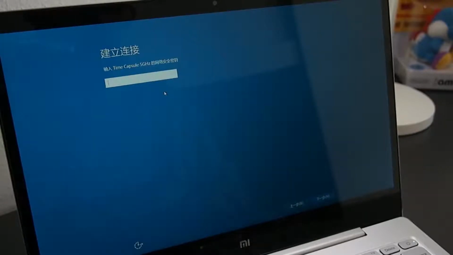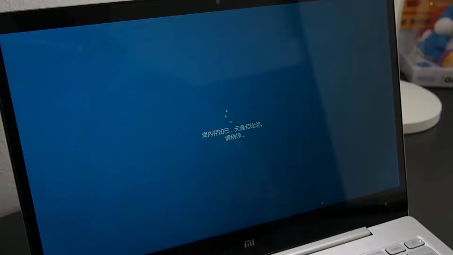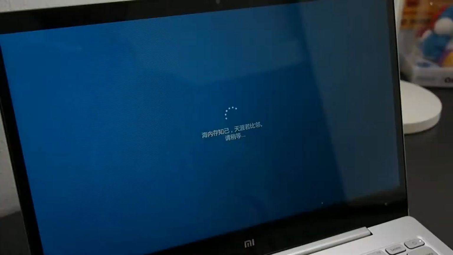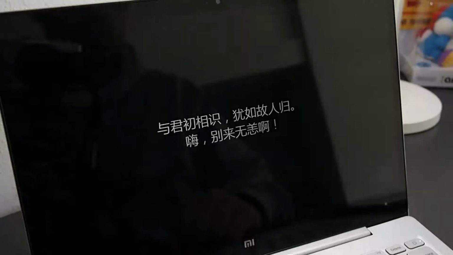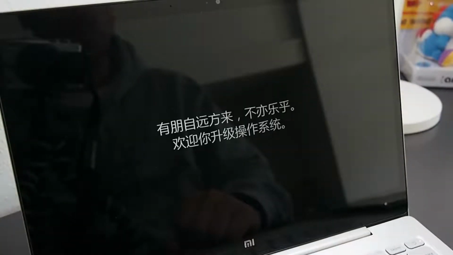In this video, I'll guide you step by step from powering on the Mi Notebook Air to the complete reinstallation of Windows, correctly activated and with all drivers. I tested this method on the 2017 12-inch model, but changing the drivers is the same procedure for the 2017 13-inch model and the Pro model. You only need an internet connection and a USB drive of at least 8 GB to use for the installation,